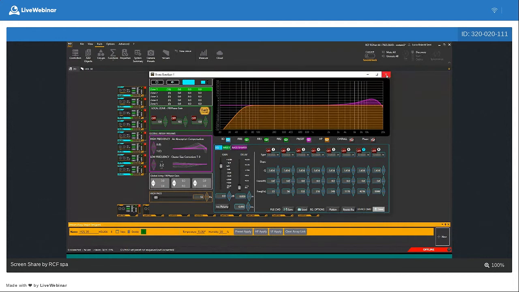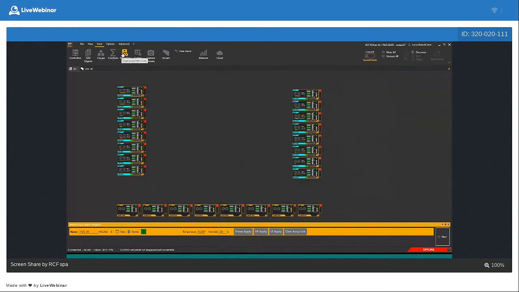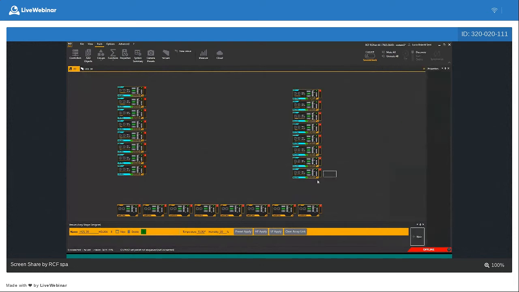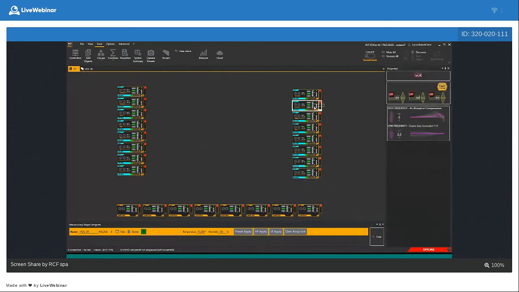And also, if I open the properties of the selected object, you can see the properties of the first box. The preset is number 9. The last box is number 1. Then 8, 5, 4, 3, 2, 1, and 1. And this is the preset of the low frequency, which is flat. We can manually change this preset, but as a starting point, it is convenient to work with the suggested preset,